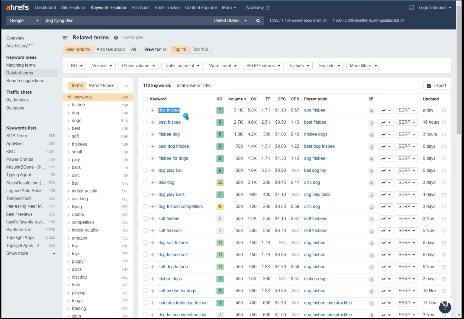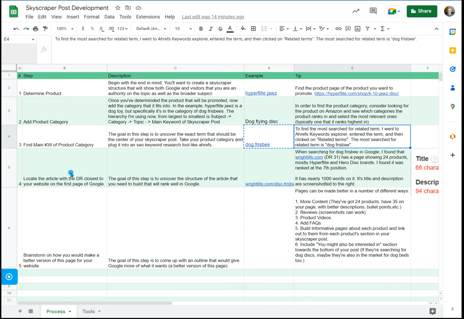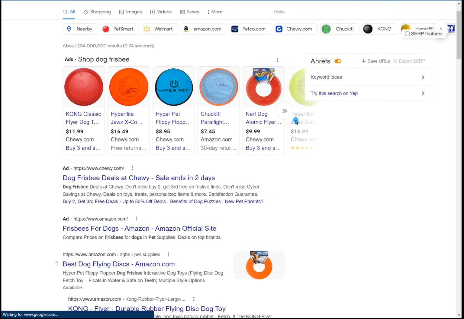All right. So now we're going to take this term and we want to locate an article with the DR closest to our website on the first page of Google. Ideally, there's going to be one closest to this. So you want to know what the DR of your website is. The DR of the website that I'm working with here is 31, so I'm going to find a website that has the closest DR there. So if I search for dog frisbee on here, we're going to see